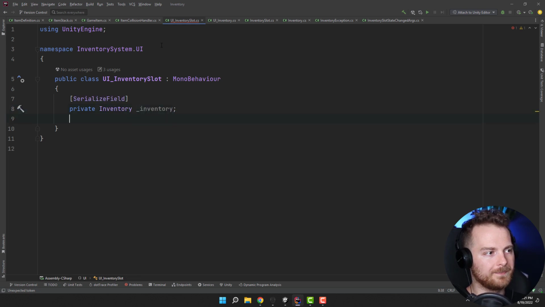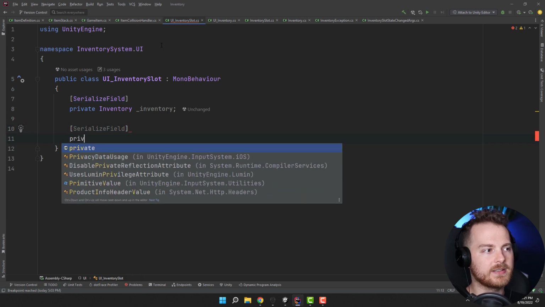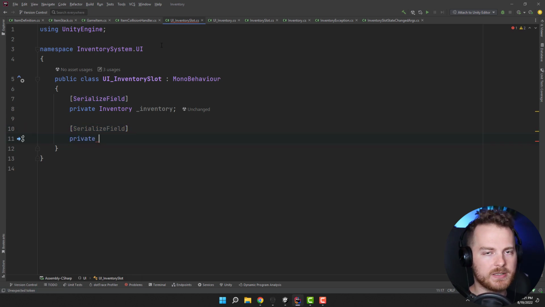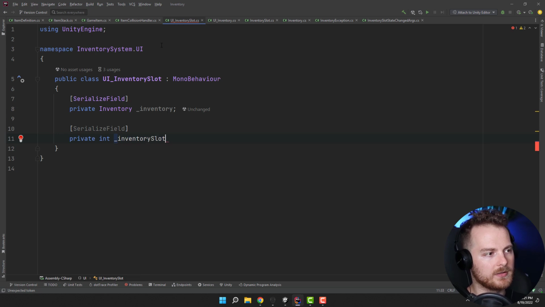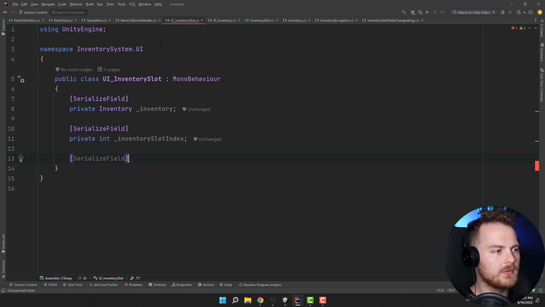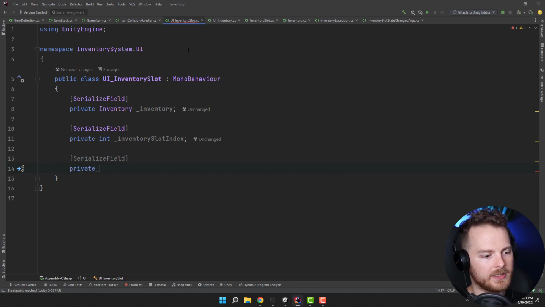Inventory, awesome. Then we need to know at what index is the slot that we are interested in. Inventory slot index, awesome. The next information, or not even one, but several ones, are the references to the game object, so UI elements like image, text, and so on, so we can update them. So of course, first we have the image for the item